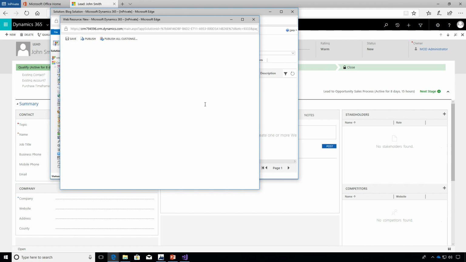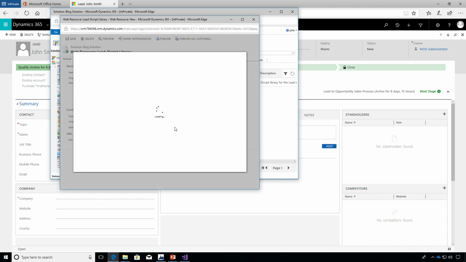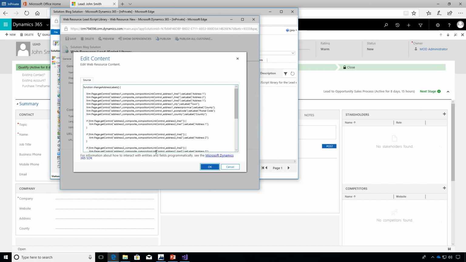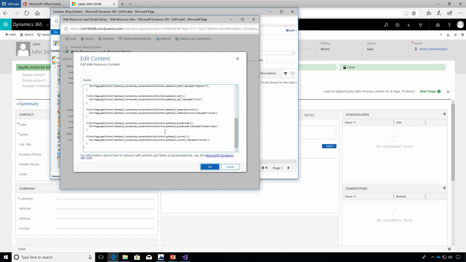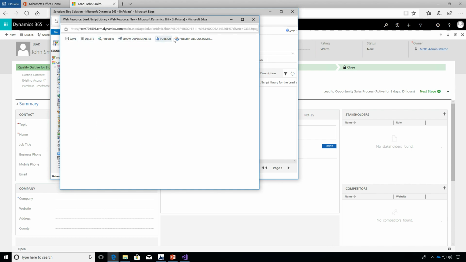And when it's saved, we can do a quick check just to make sure that the code's uploaded correctly. We do that by going to text editor, and as we can see, all of the code that we've been working with can be found within there, which is really good. So with that done, we can save, just do another save again,